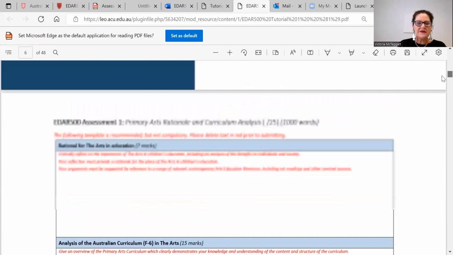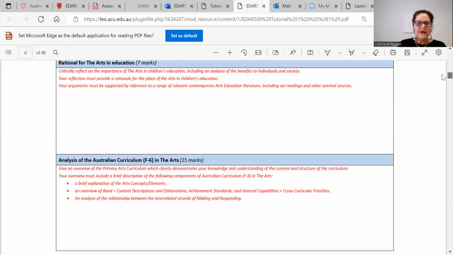And then you've got the analysis of the Australian curriculum, F to 6 in the arts. So you will be looking at the band, content descriptors, elaborations, achievement standards, and general capabilities. So go on to the Australian curriculum website, have a look at the document, go to the arts. If some people just don't know where to go, I'll give you a quick demonstration,